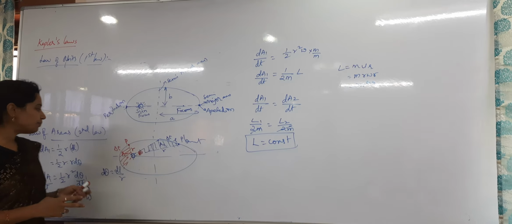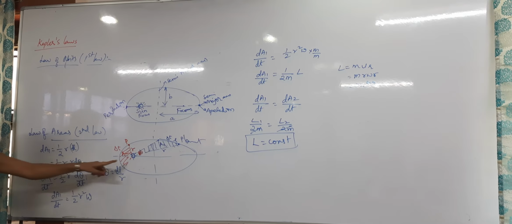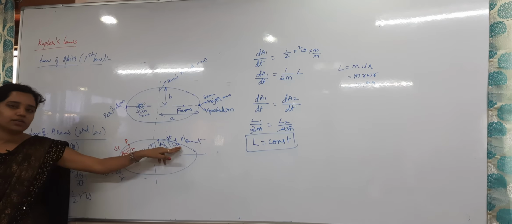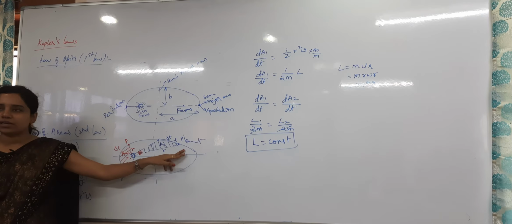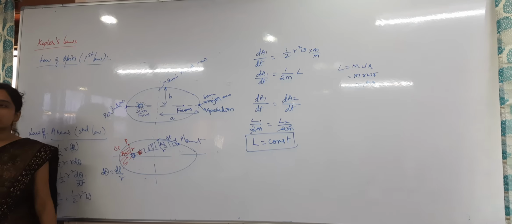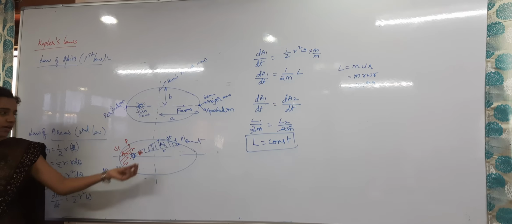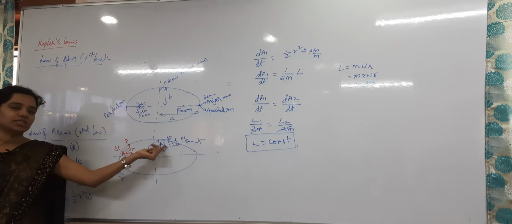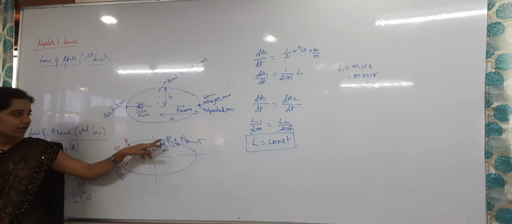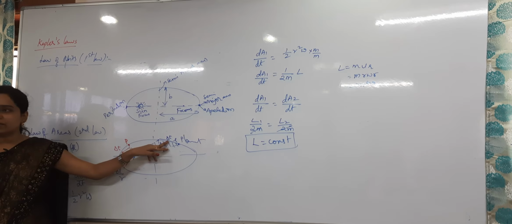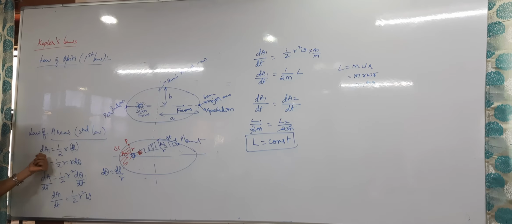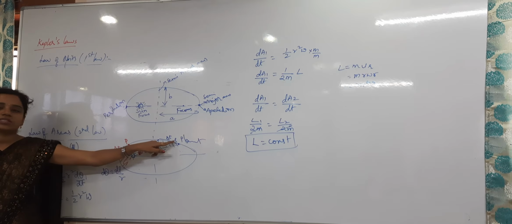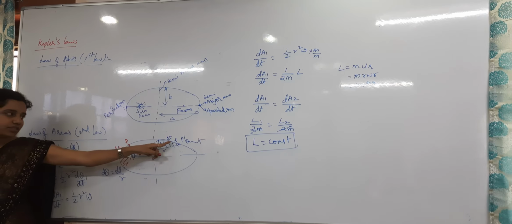So here Kepler's law states that the radius vector joining the sun and the planet sweeps equal areas in equal intervals of time. So I can write A1 = A2. Before that, first of all I will prove what that A is. A1 is the area covered in how much time? Delta t time. So first of all dA1 = half into base into height. The base is the length, and the height is r here.